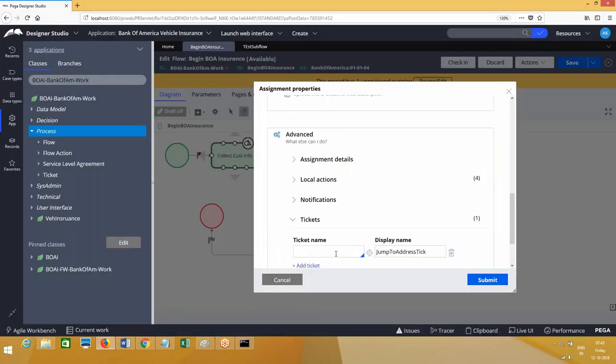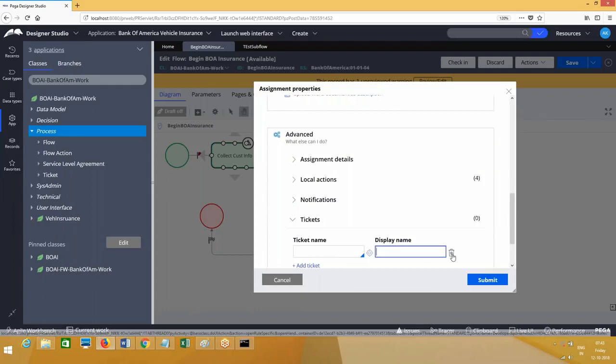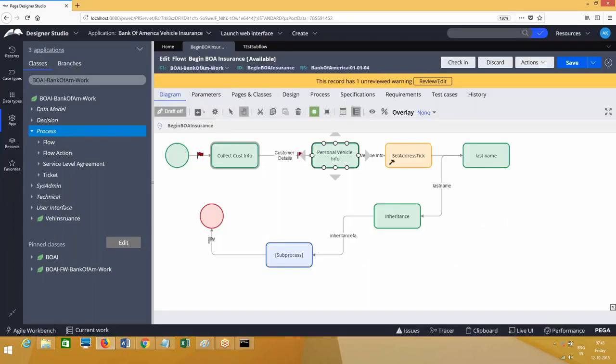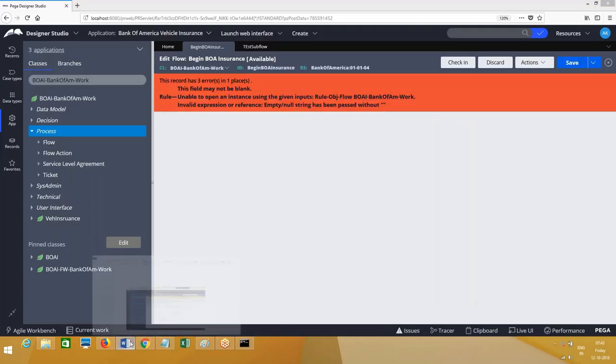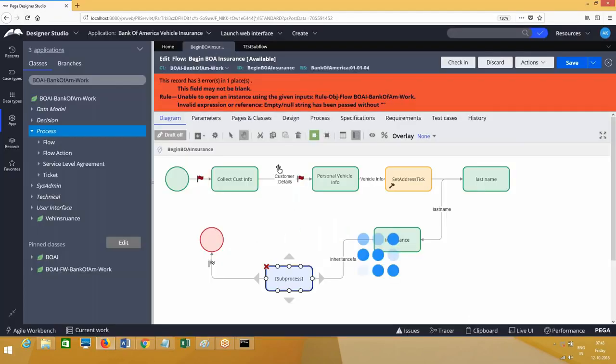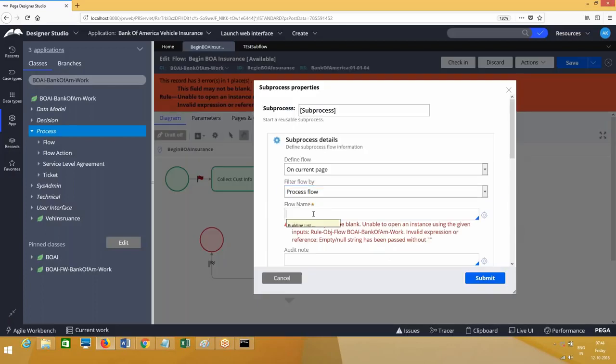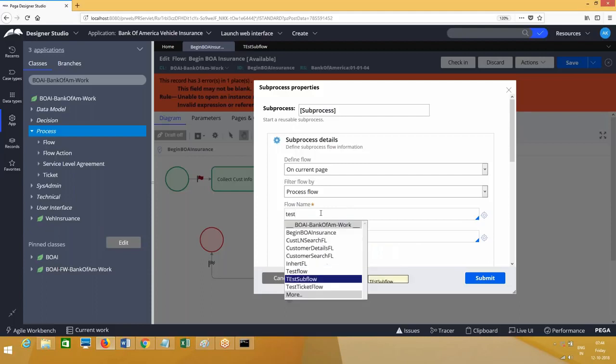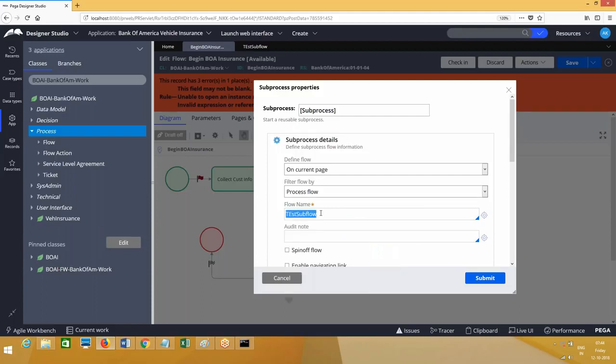In the process flow there is nothing, only we have it in the subflow. Remove ticket from process flow while you are testing. Make sure you remove it. Okay, so subprocess shape, and here filter flow rule by test flow, then test subflow, right? This is the way to call a subflow.